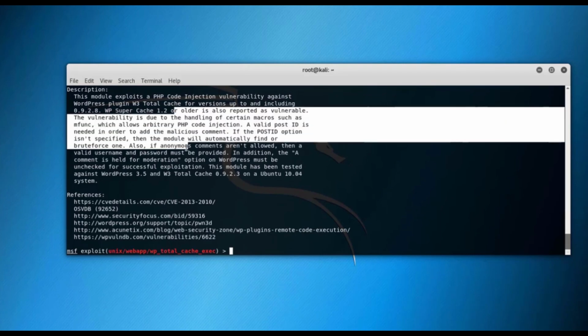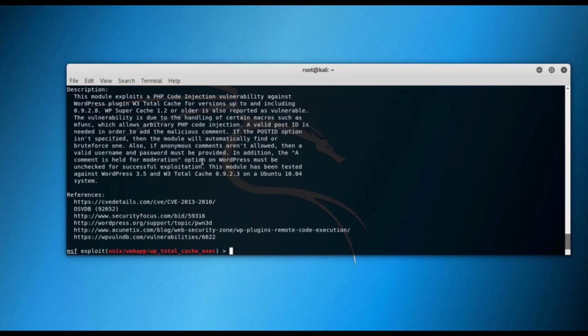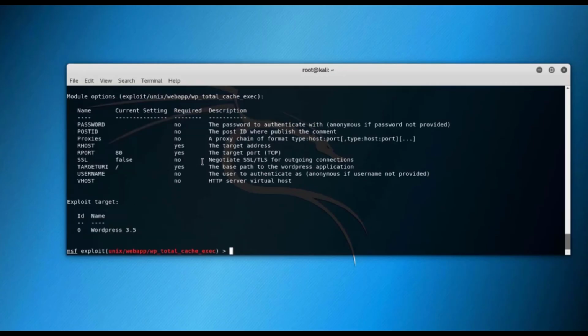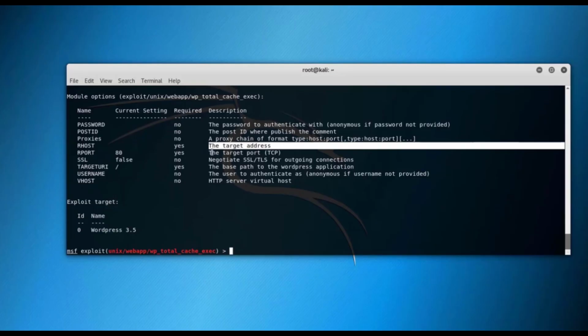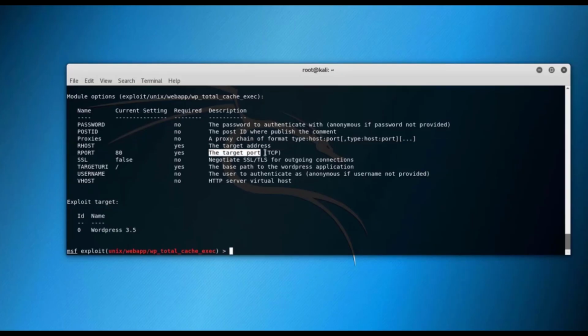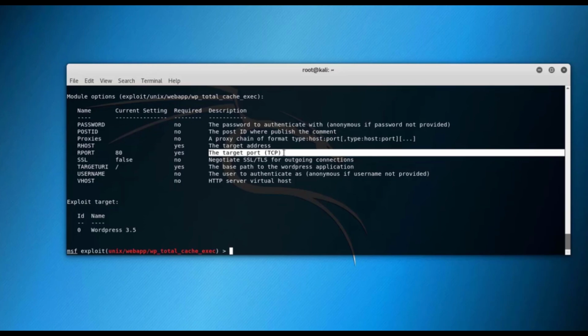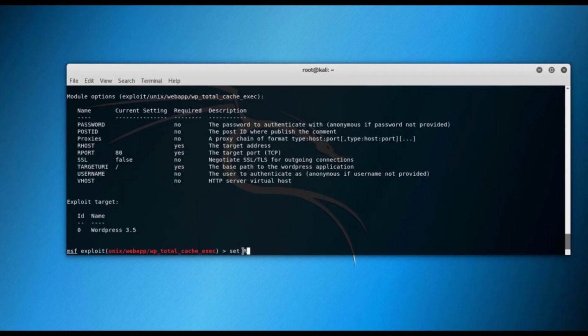All of these exploits come with a real description there, and you can also show options, and these are the options related to the exploits. Here we have the target address that we're targeting, and we have the remote address and remote port. So we can set these in our exploit module and then invoke a payload and then send the payload to the target. For example, if you want to set the remote host IP, you can use this command: set RHOST, and then